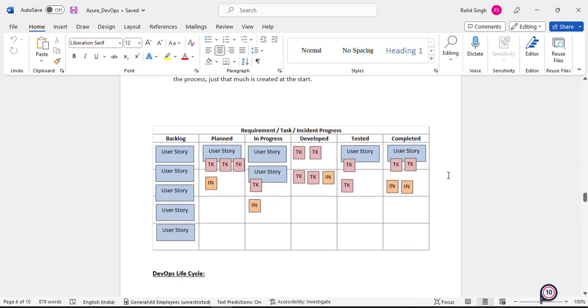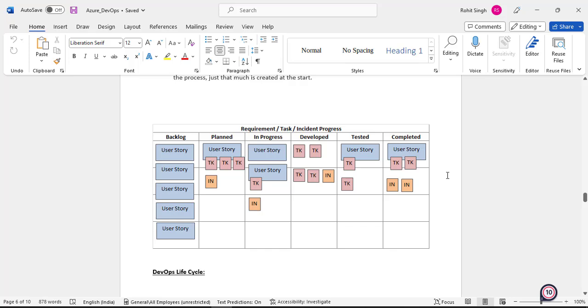This is how this board will look like. Now the only difference is this is not a physical board like in the lean manufacturing world. In the software world we have a virtual board. Okay, and you will have something like all your backlogs which you are working on in the current sprint. Now this is not a day over here. Now this will be a sprint, like you have a 2-week sprint, 4-week sprint. In a current sprint, how many user stories you will be working on, that comes as a backlog. How many are planned, how many are in progress, how many have been developed, how many have been tested, how many have been completed. So this is how the kanban board will take care of things.